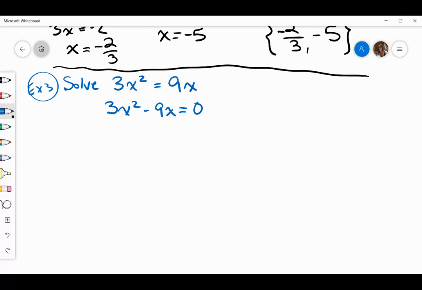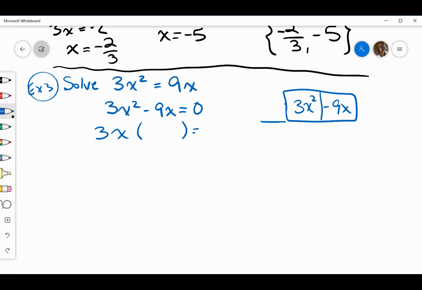Something that I told you we would forget, and it should always be the first thing that we think of when we factor, is what is the greatest common factor, right? So if we put 3x squared here and minus 9x, what's our greatest common factor? 3x. And then we pulled out 3x, so it's x minus,